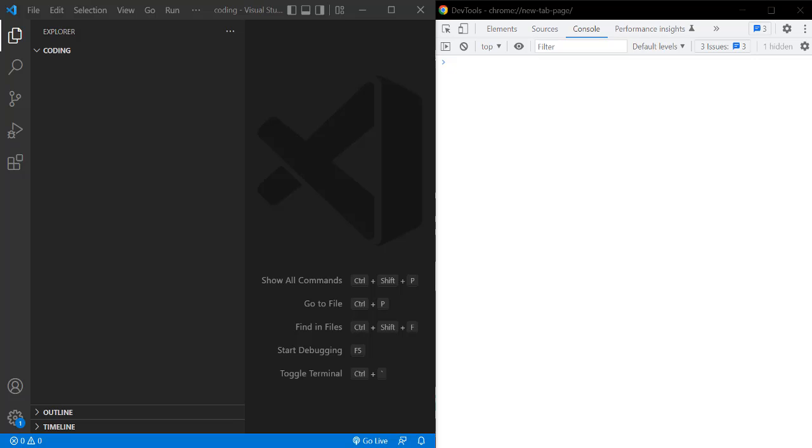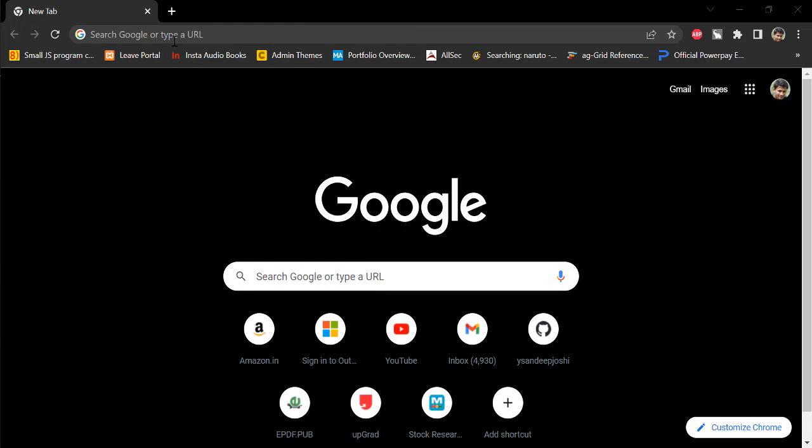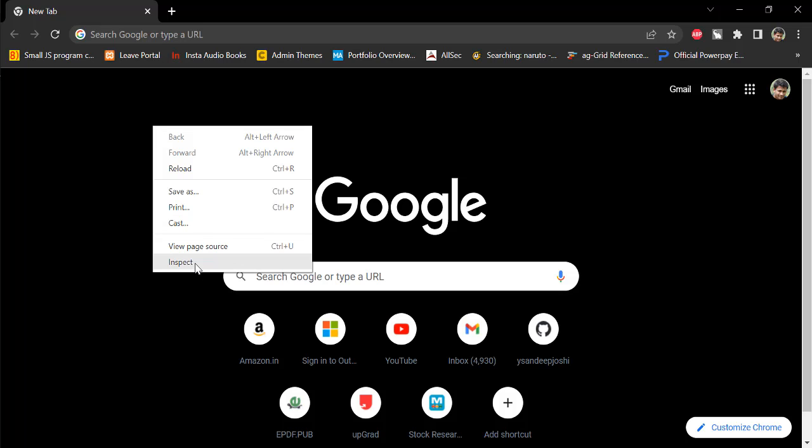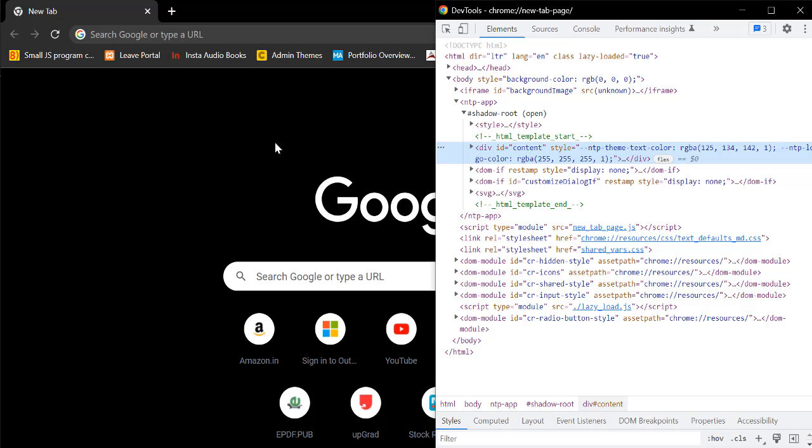It is cool nowadays. And also it has many popular frameworks such as Angular, React, Vue, and even the old Swiss Army knife, jQuery. So even if you do not have a code editor, you can still run JavaScript in the browser, right? All you have to do is go to your favorite browser. Mine is Chrome. You go to Chrome and you right click and say inspect, or alternatively, you can just go to the settings,